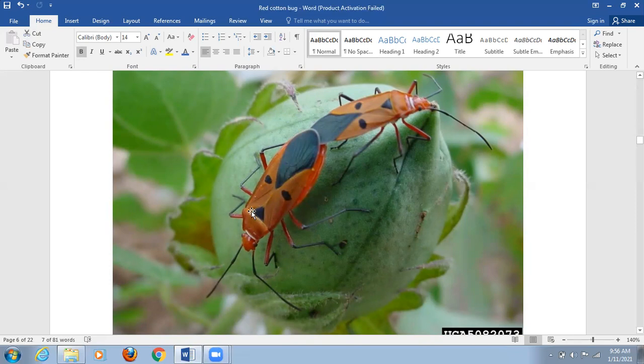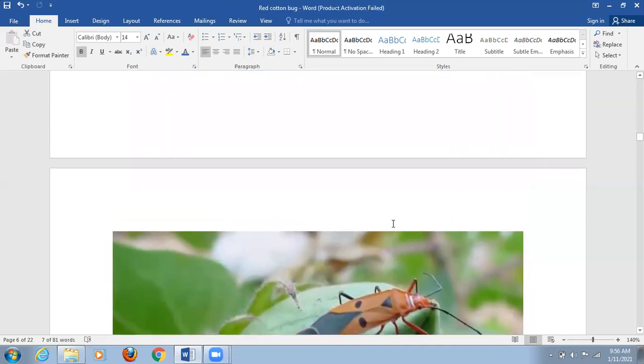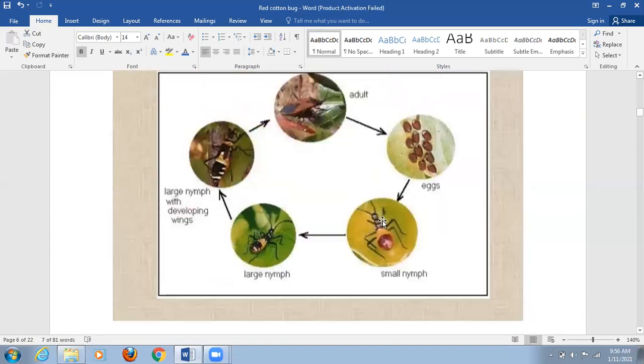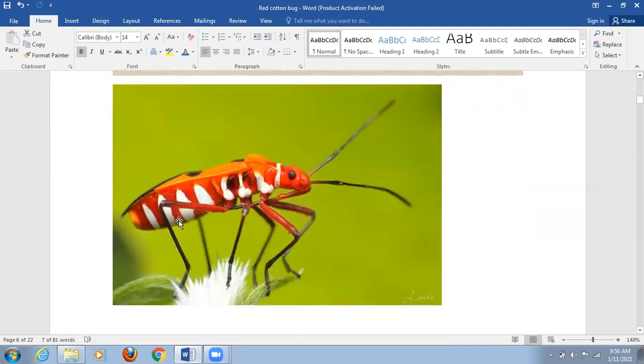So on the forewings, as I said, there are black spots. We can easily see these black spots on the membranous forewings, and several white transverse bands are found. In this particular diagram we can see several white transverse bands on the ventral side of the abdomen. Remember, these white spots are present on the ventral side. The upper side is the dorsal side and the lower side is the ventral side of the animal. And here white spots are found.